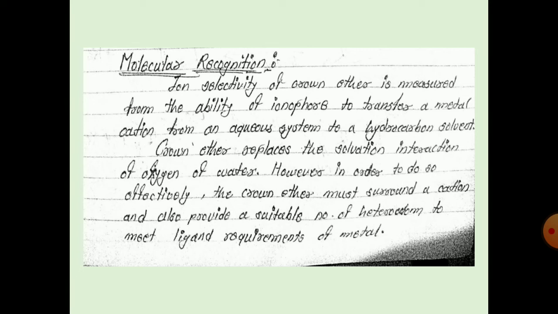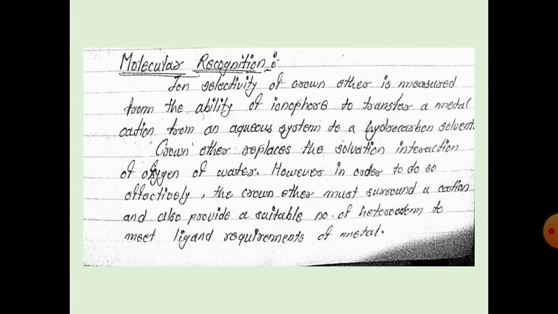So this ability depends upon the ideal fit of the metal ion within the cavity of the crown ether in the center of the ionophore. The cations that are too large are not able to penetrate deeply enough to contact two or more heteroatoms. For cations that are too small, the distance from one side of the ionophore to the other is too large for the cation to interact effectively with all the heteroatoms simultaneously.